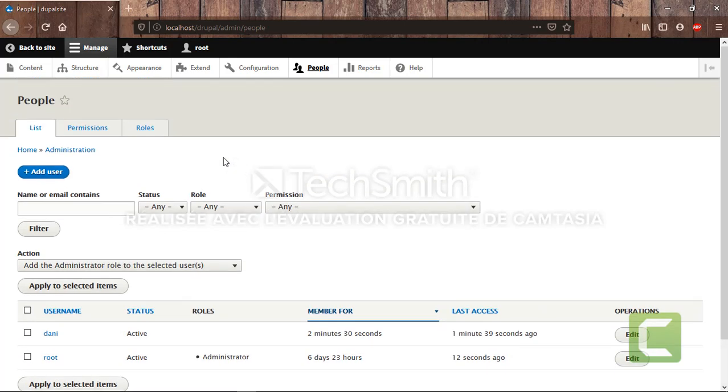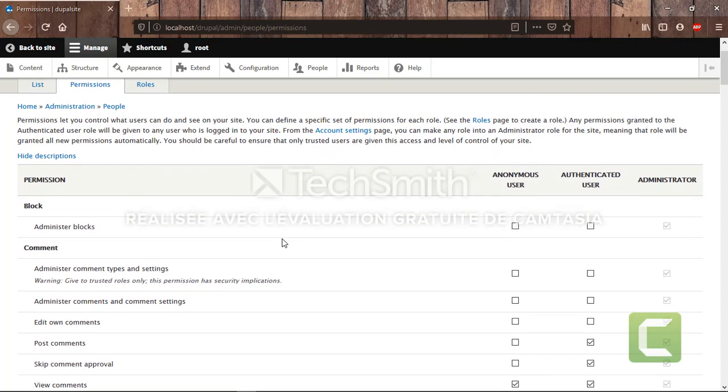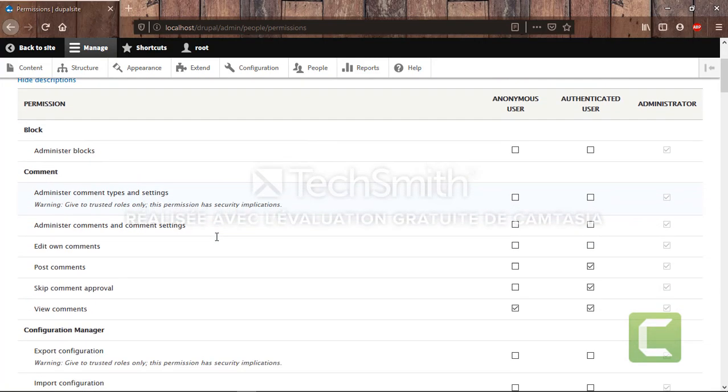Let's talk about permissions of the users. Even if a user is an authenticated user, if I am connected as root, which is the administrator, I can change many permissions of this user. And here we have the types of the users and here the permissions.